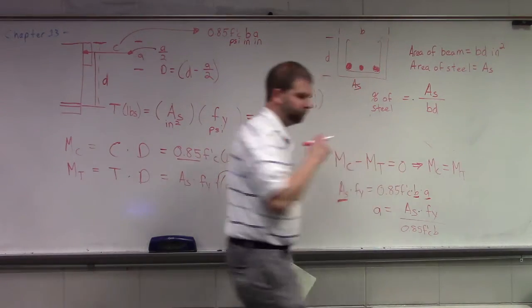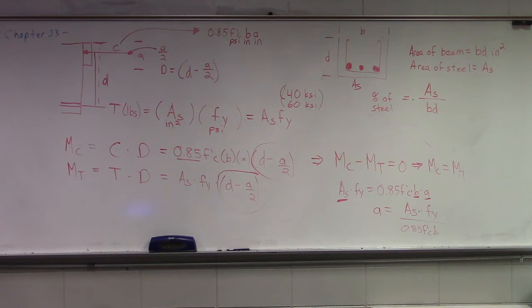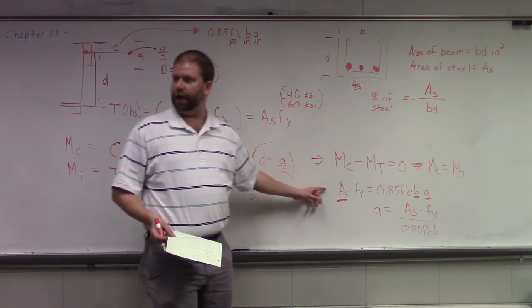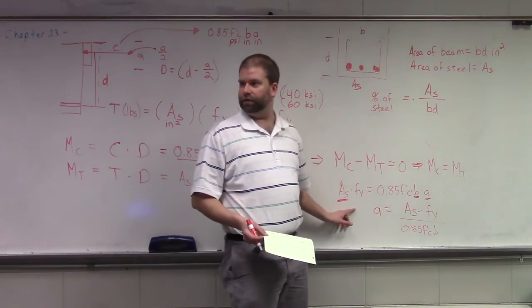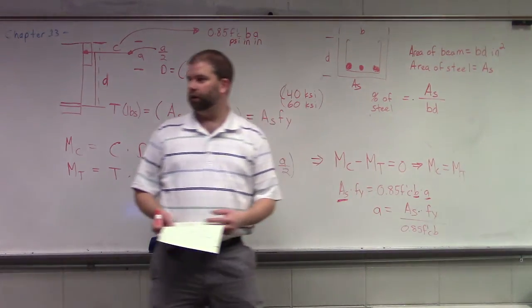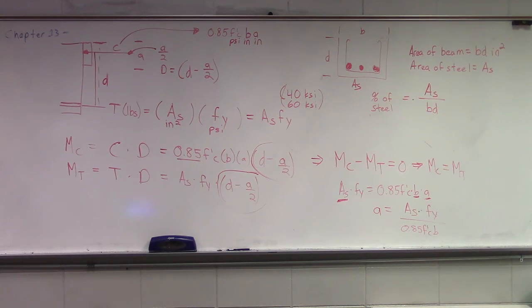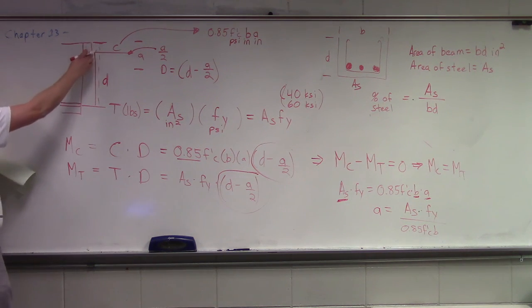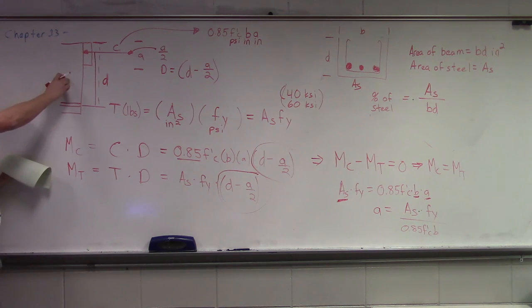How do you determine what that is? Or will that be a given? If I wanted you to determine the depth of the compression zone, I would have to give you the area of the steel, the yield strength of the steel, and the design strength. As far as how structural engineers will actually determine it, you'd figure out your compressive strength, you'd figure out the rate of depletion of that compression strength. You're going to move from compression to tension at some point, and you can figure out, just like we did with